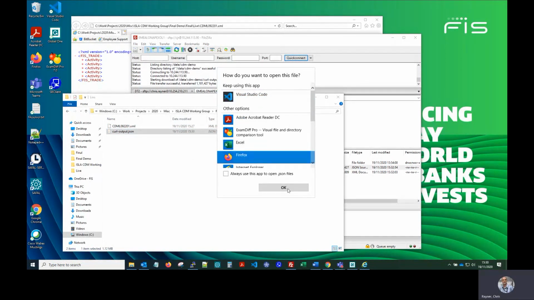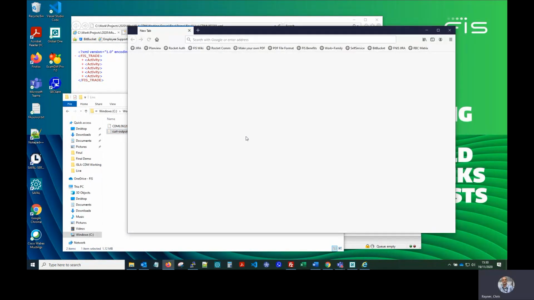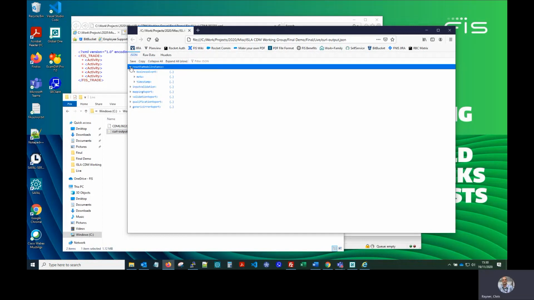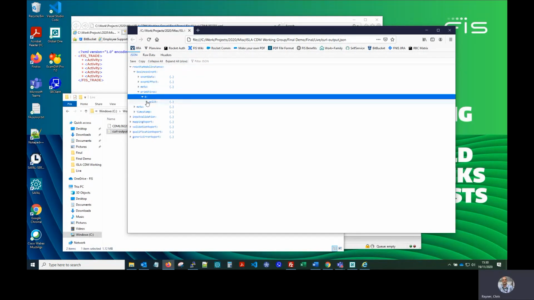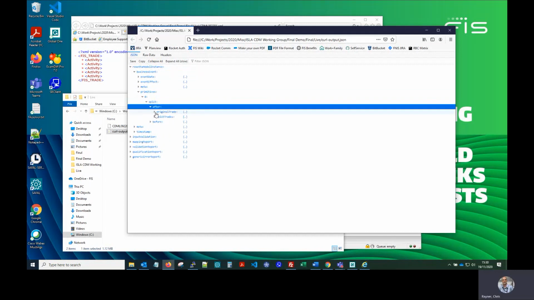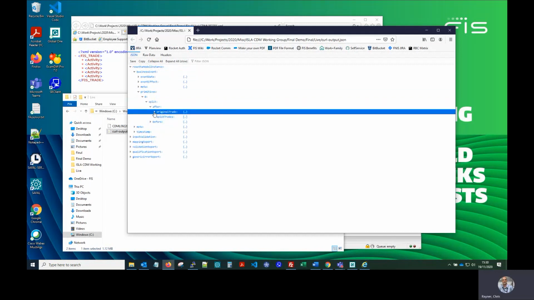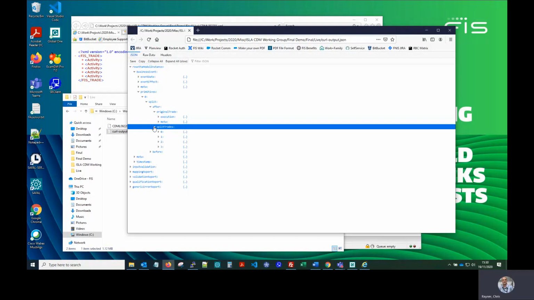Let's use Firefox. That displays it quite nicely. Okay. Now, the piece that we're interested in is under this Rosetta model instance. That is the piece that's got the representation of our XML that we sent through. So if we have a look under here, we'll see under the primitives that we've got the original trade and the split trade. So the original trade is the execution, and the split trade is the allocation.